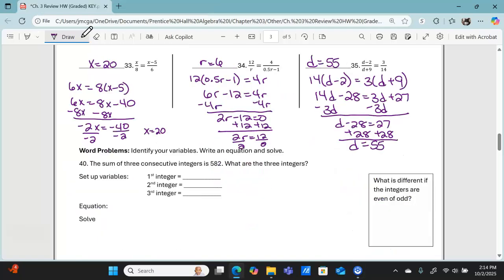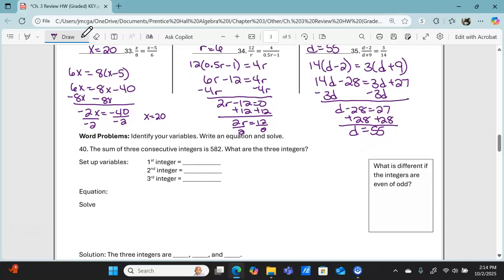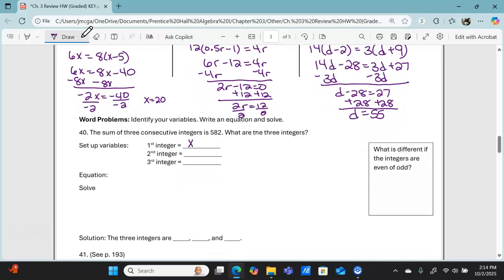Number 40, the sum of 3 consecutive integers. Consecutive integers are one right after the other. So they're going to be x, x plus 1, and x plus 2. Now I'm going to answer this question. What is different if the integers are even or odd? If you have consecutive even or odd integers, then you're going to have to separate them by 2,